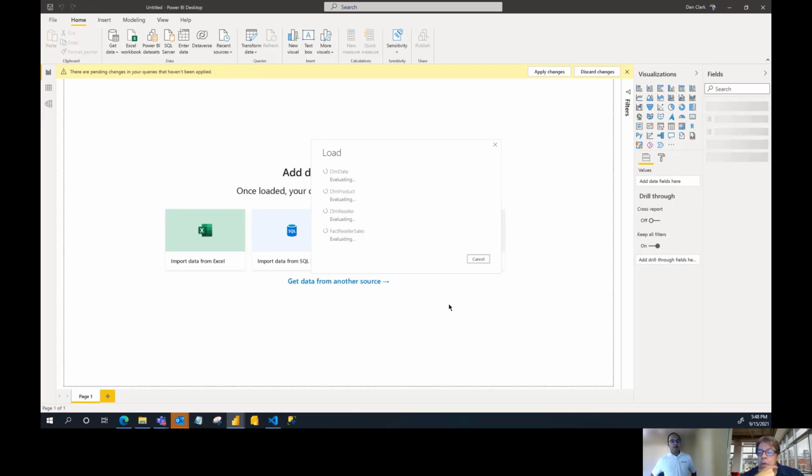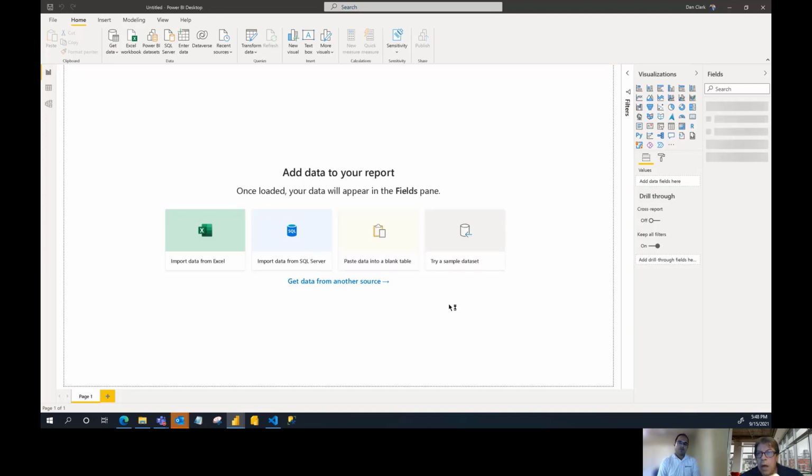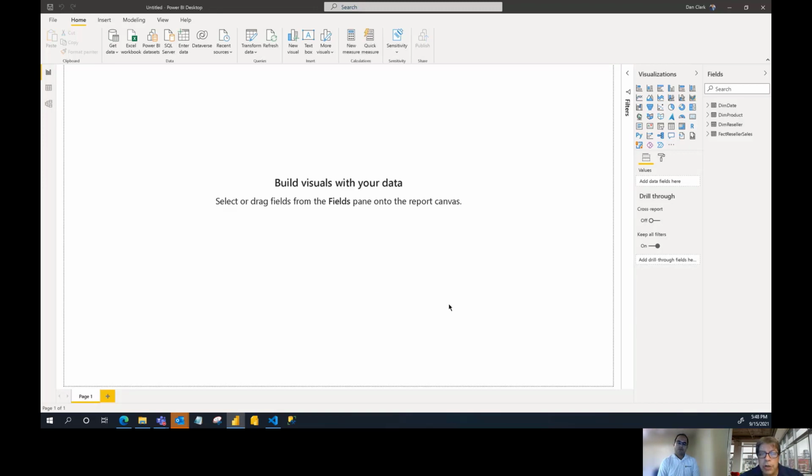So this is in backend. So Dan, this is connected with an actual SQL database, right? Yeah, so it's going and connecting to my local SQL database, and it's actually going to pull the data out because it imports the data into the model. Gotcha. And so once I have it out,